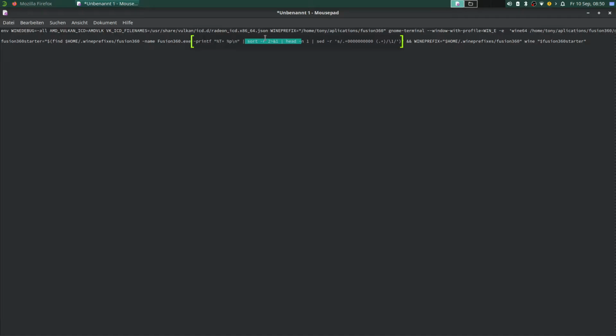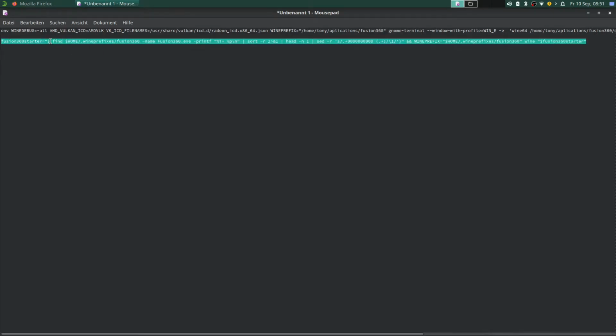Okay, and this is the reason why we have added this function, sorting the results, and then we save only the nearest result here in this Fusion 360 starter. Okay, so I copy this command now,